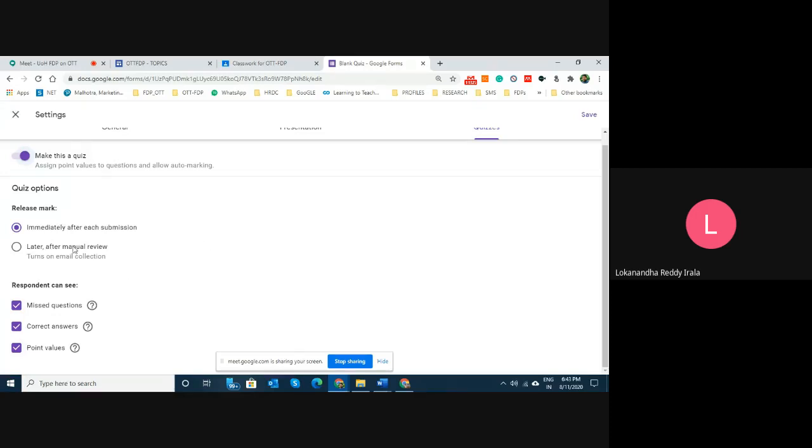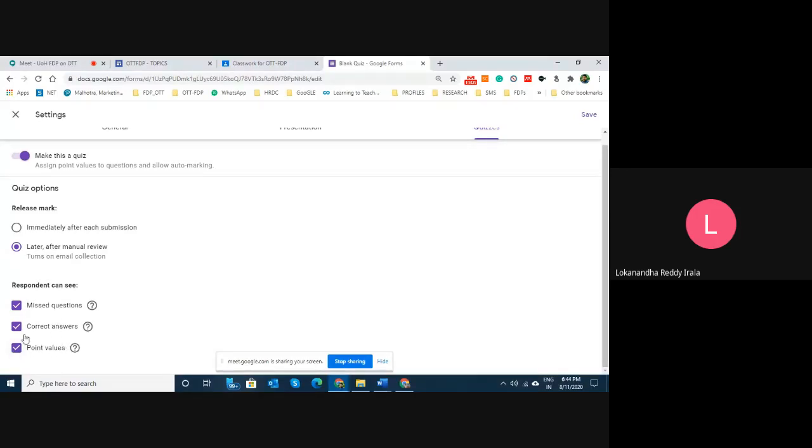Now here, you can release the marks immediately after each submission. That means after students have submitted the quiz, immediately it will ask whether they want to see the marks. They can see it. Otherwise, if I select this, the students will be able to submit the assignment. They can see the missing questions, answers, point values.